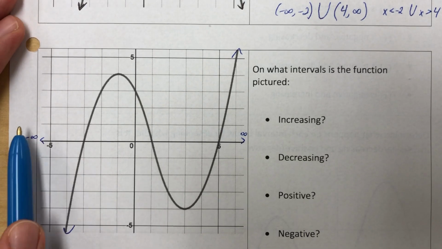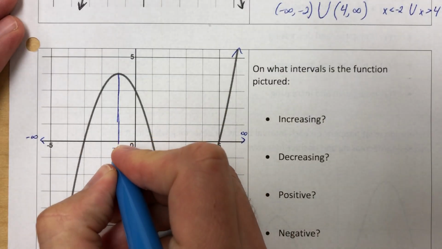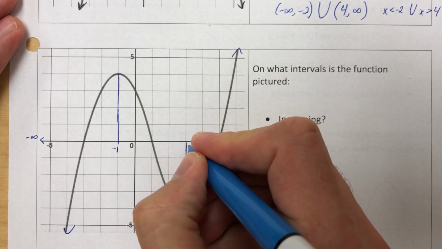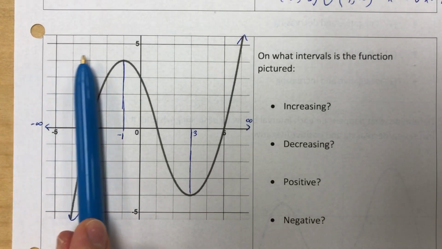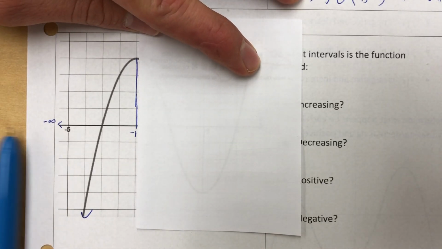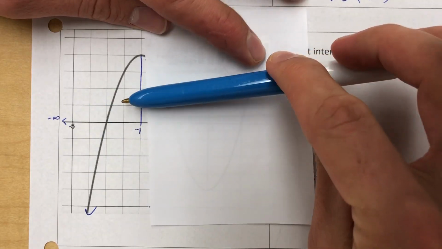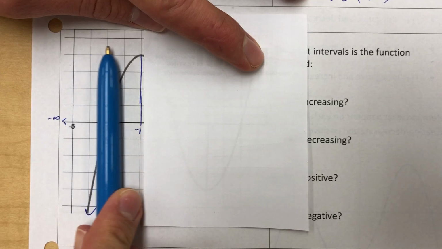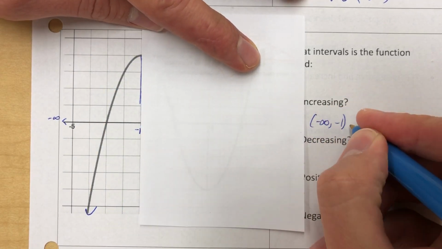That took place here. Okay, so let's start talking about where here is. This is a negative 1. And we know we're going to have to do this too, so we may as well. This is at 3, by the way. So we're going to go all the way up to here. This is the section where it's increasing, and it's starting way yonder back here. Now, I know it's down here, but if we were to go this direction, we'd be going down and to the left, okay? So negative infinity all the way to negative 1, increasing from negative infinity to negative 1,